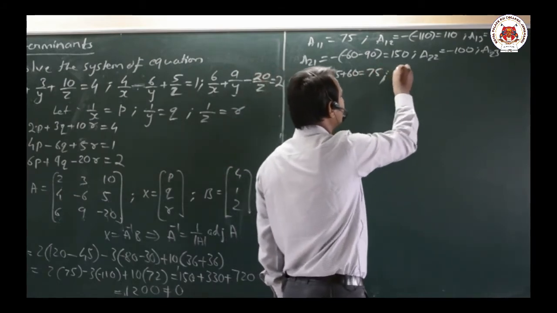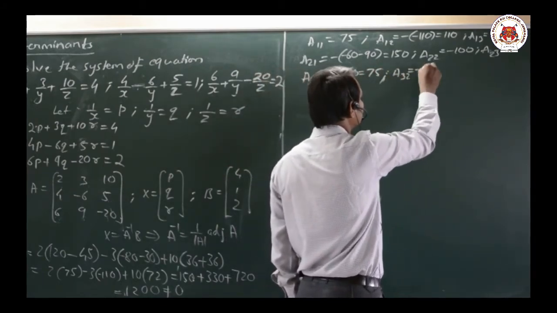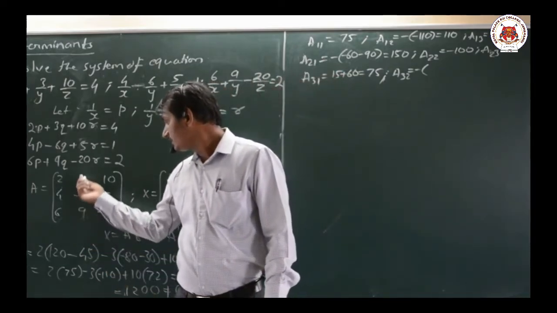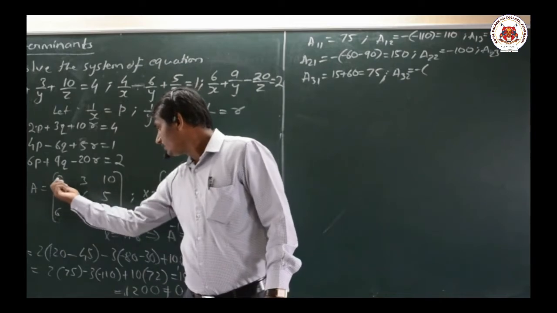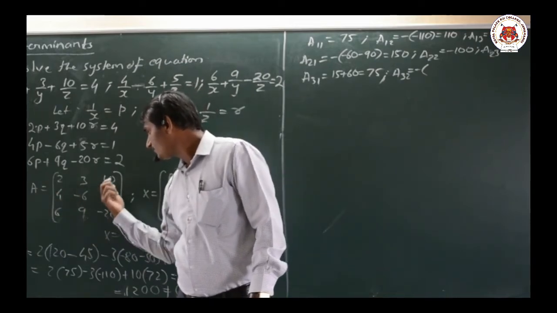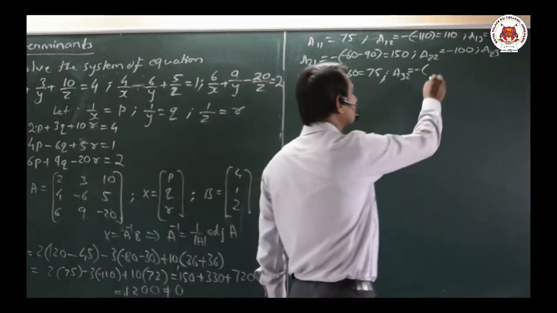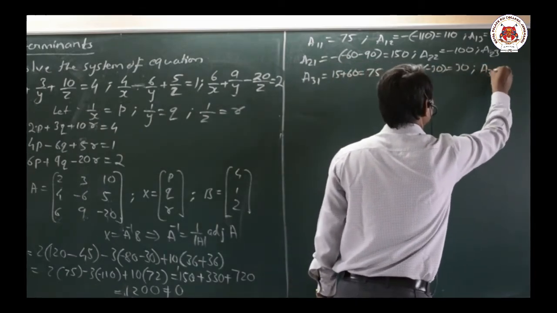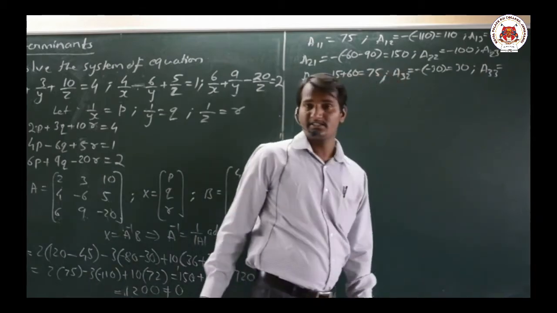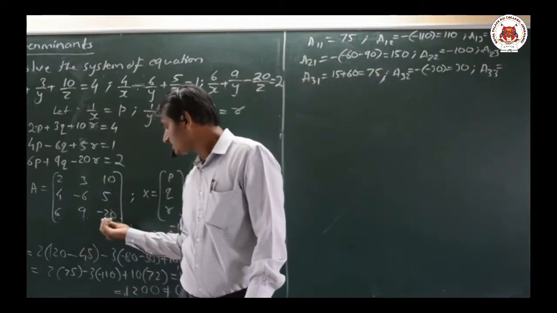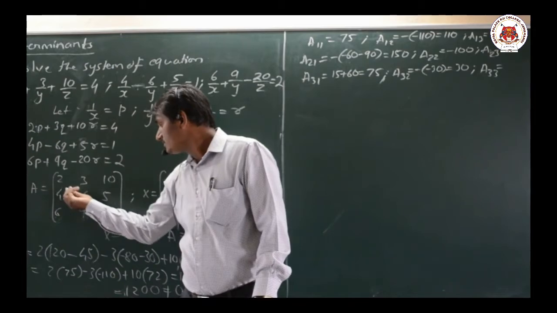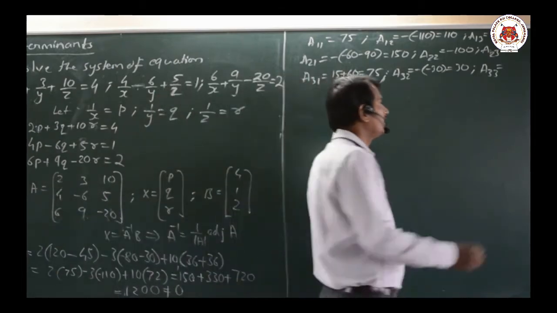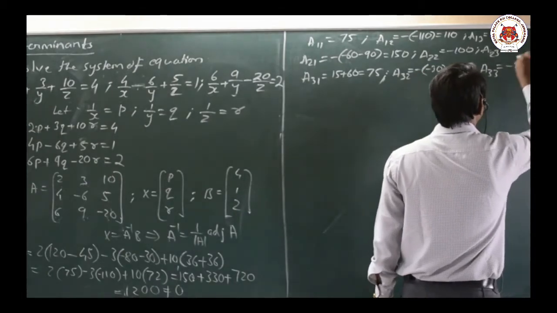Next one is A32. Its sign is negative. That is cofactor of 9 here, leaving this row and column. 2 into 5, 10. 10 minus 40. 10 minus 40 becomes minus 30, and its value is 30. Then A33. Okay, A33, its sign is positive here. A33 means minus 20 cofactor. What we have? 6 2s are 12. Minus 12, minus 12. What we have? Minus 12 becomes minus 24.